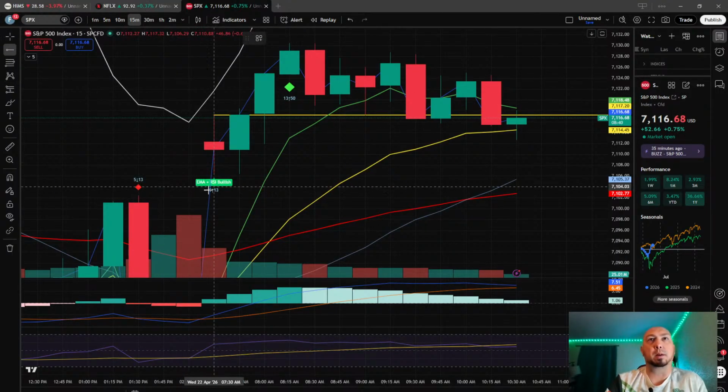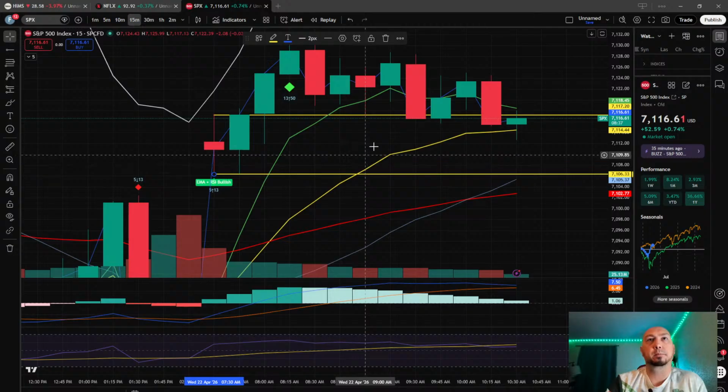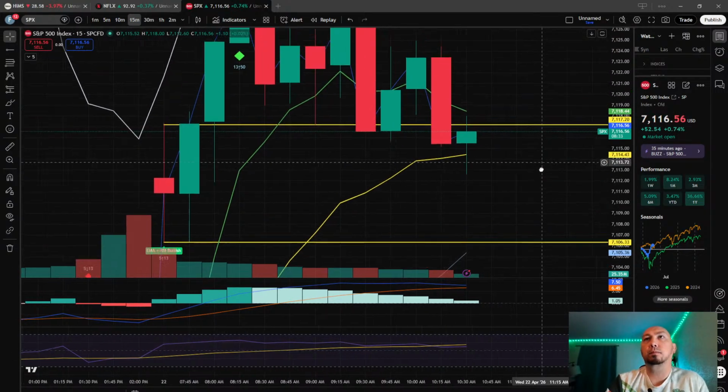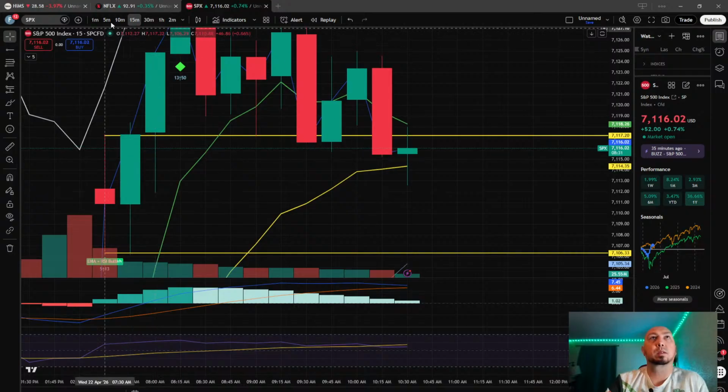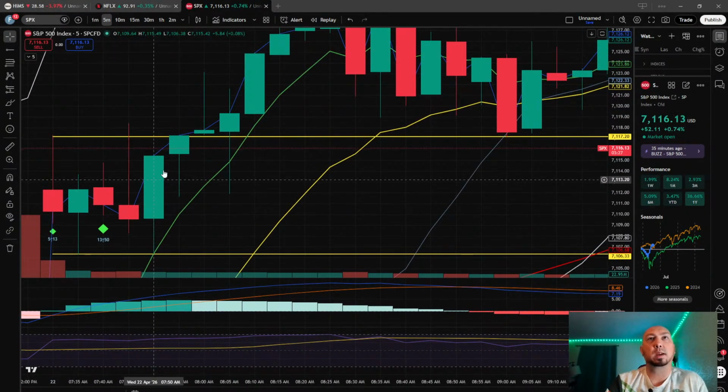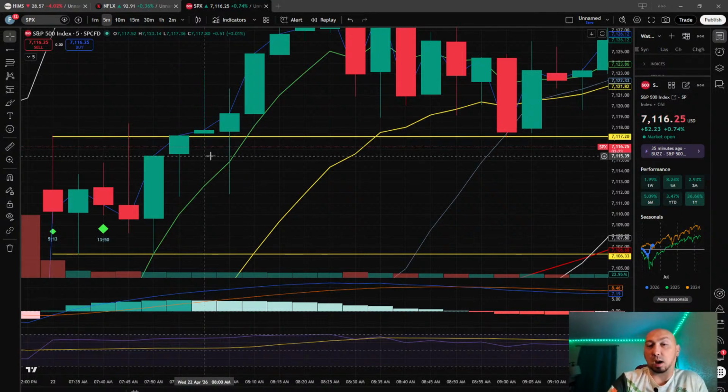We're going to go top and bottom of the wick. Up to the 5-minute. So we sat sideways. We had a breakout. Right here would be a close confirmation because the wick does land right on the line.